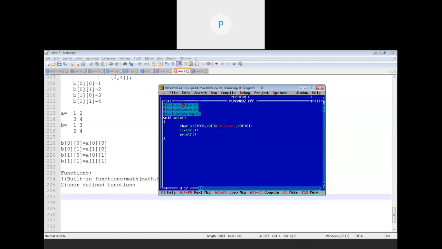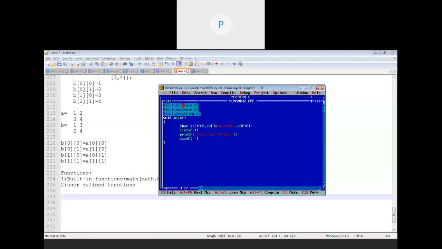Now, what if I wanted to take the user input for a string? Then we will ask the user to enter the string first. Now, just like for other data types, for integer, float, double, we have the wildcard characters like %d, %ld, %f, %lf. Similarly, for string, we have one wildcard character which is %s, which I have already given.